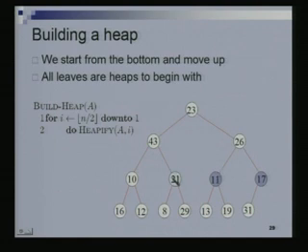Similarly, I now need to make the subtree rooted here a heap. The smaller of the 2 children is 8. I swap 8 and 21. Now, I need to make the subtree rooted at this node a heap. These are the 2 children. I want to make this a heap, but note that this is already a heap, and this entire thing is a heap because the heap property is satisfied here.